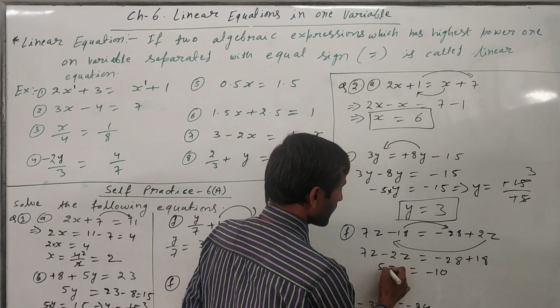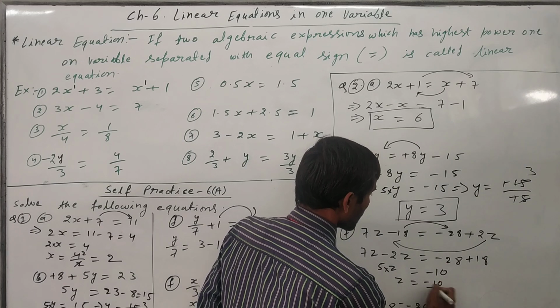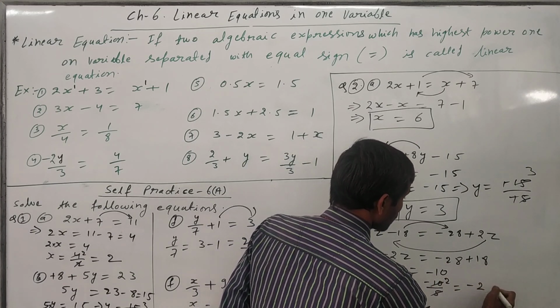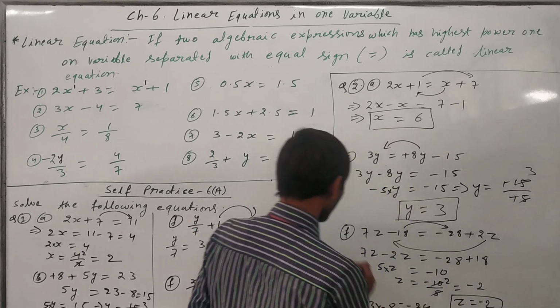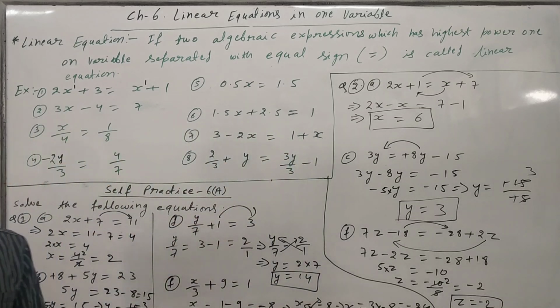Now here the multiply sign is there, so it will go to that side, so z is equal to minus 10 upon 5. Now we will cancel out, 2 will come. So minus 2. So z is equal to, final answer is minus 2. This is the final answer. Okay. Like that you have to do question number 2, whatever I have left. Just try yourself. Okay. That's all.